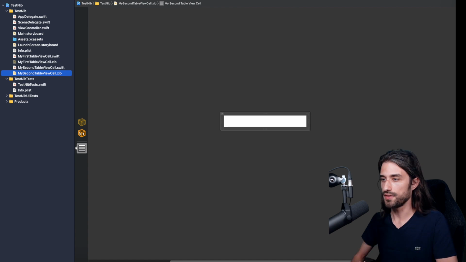And the second one is called, as you would expect, MySecondTableViewCell, and it also has a Xib with it. Now let's say that at some point a mistake was made in the project, and a typo was introduced in the name of the Xib file associated with the second cell. For instance, I'm going to remove the second L from the word cell. So the Xib file is still there, except that it's now incorrectly named. At runtime, when we try to instantiate a view for the cell, it's just not going to work, because there will not be a Xib file with a name that matches the one of the cell.